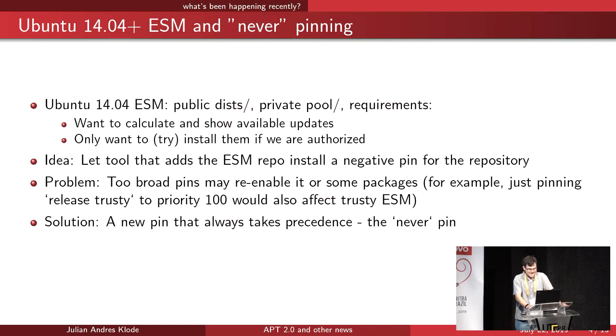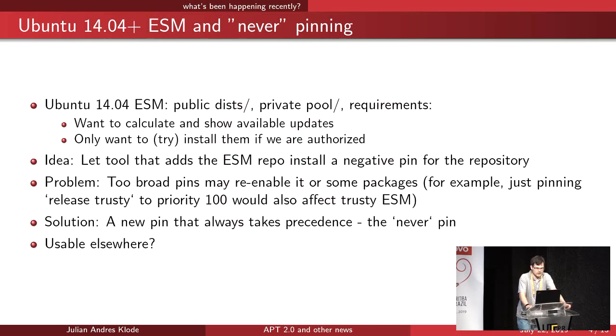So now you can disable a repository by specifying pin never, and no other pinning would override it, which might also have other applications. For example, in unattended upgrades, there's a lot of logic currently to install only security updates and filter out non-security updates. So it goes through the cache and changes the versions of the packages, so it only installs security updates. That's a bit slow, and it's maybe not entirely the best idea. You could potentially break stuff with that.